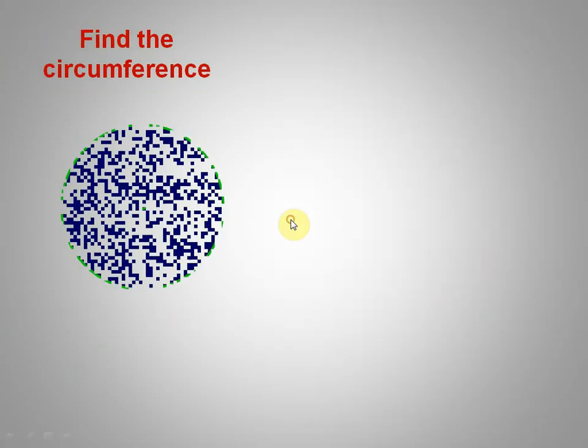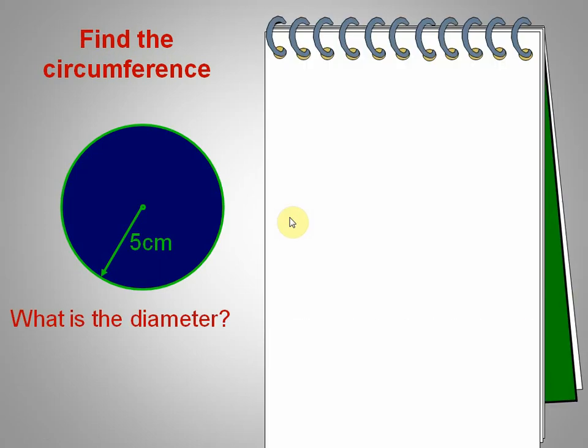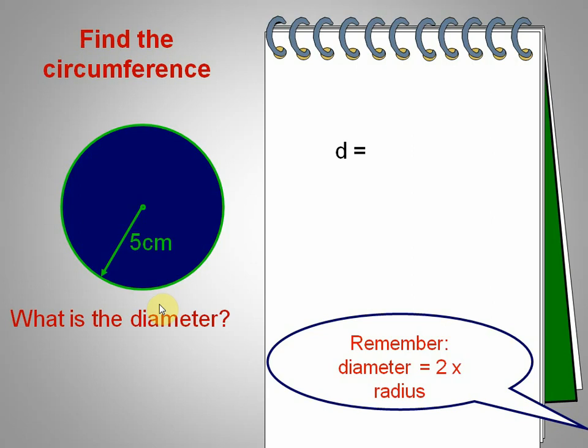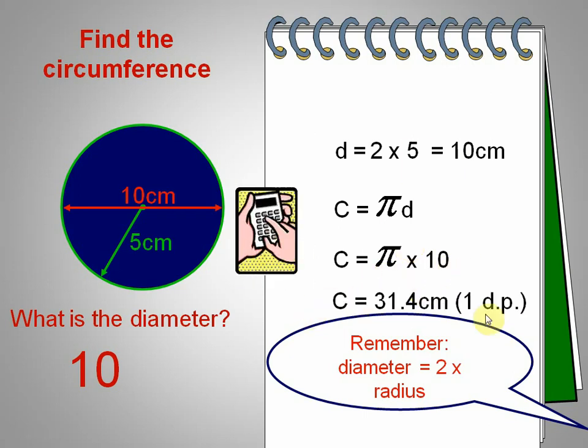Next, moving on, find the circumference of the circle. Now it gave us the radius. So when it gives us the radius, how can we calculate the diameter? You know that the diameter is 2 times the radius. So the radius is 5, then the diameter becomes 10. 5 2s are 10. So now we apply the formula, c equals pi times d. Now we have a diameter of 10. 3.14 times 10 becomes 31.4. When you calculate this, you get the answer 31.4 up to 1 decimal place.